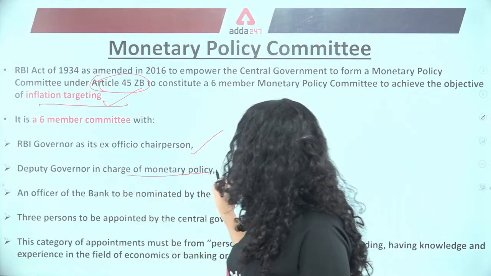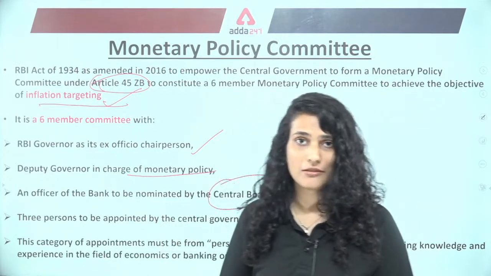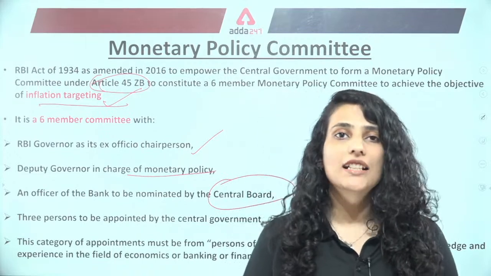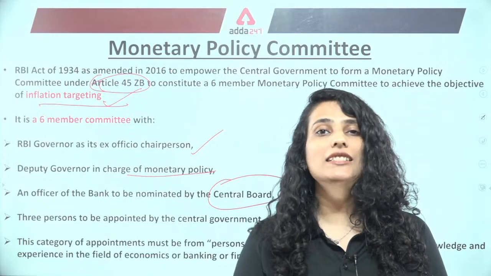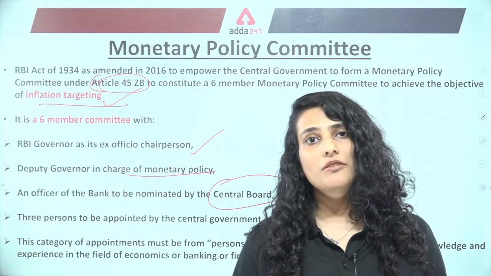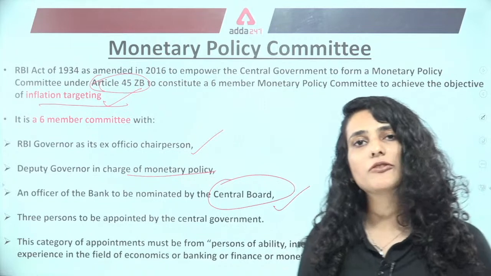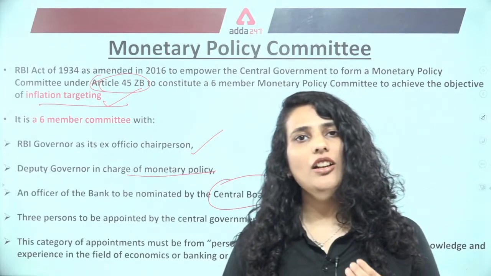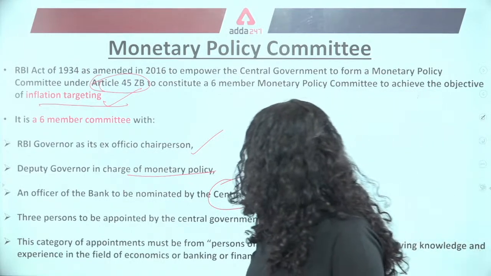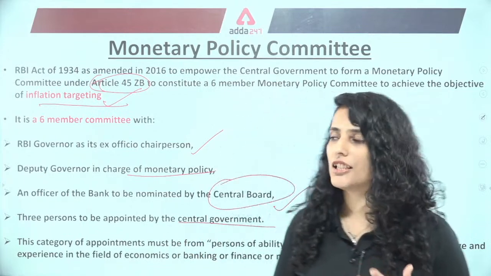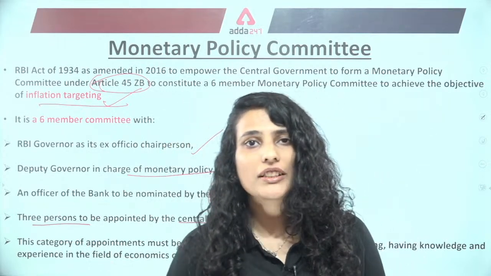Deputy governor is in charge of the monetary policy. Officer from banks, it is to be nominated by the central board of the RBI. यानी कि RBI का जो central board होता है, that constitutes of the RBI governor, that constitutes of RBI deputy governor and some important officers who are at that top authority level. They form the central board and they nominate an officer from the bank on the eligibility criteria or based on the performance and excellence. All these criteria the committee decides. Okay, and the central government also appoints 3 persons. Okay, so